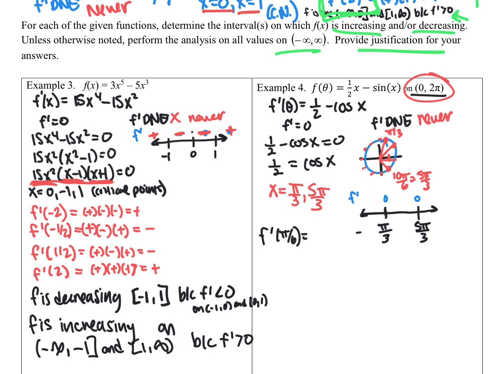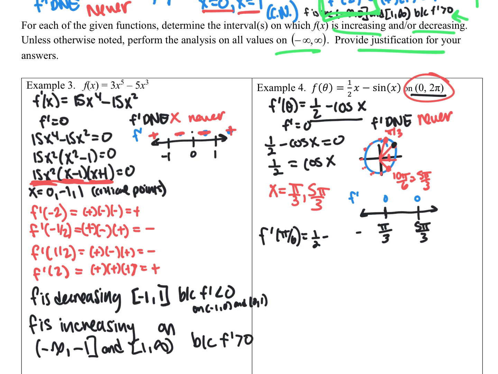It won't affect our intervals. So let's see. F prime of pi over 6. Remember, f prime is 1/2 minus cosine of x, so that'll be 1/2 minus cosine at pi over 6